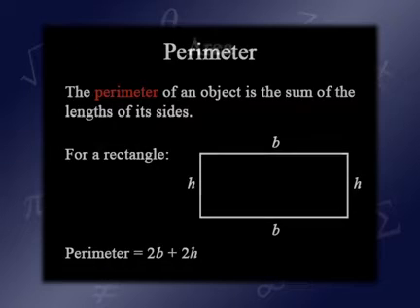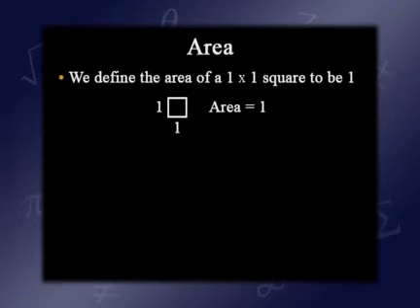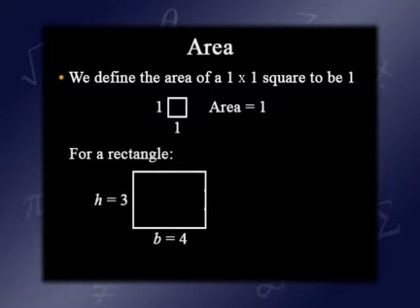The area, we start by defining the area of a square. Right? So that's sort of our basic definition. We'll define the area of a 1 by 1 square to be 1. And once we define area that way, then we attempt to define all areas just in terms of that unit quantity. So for instance, suppose we looked at a rectangle that had a height of 3